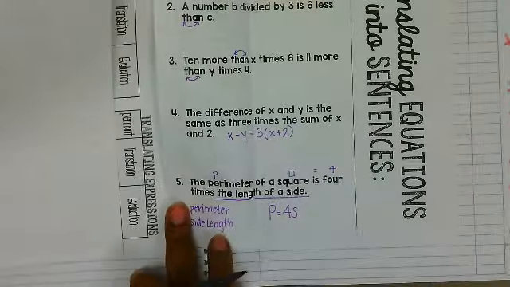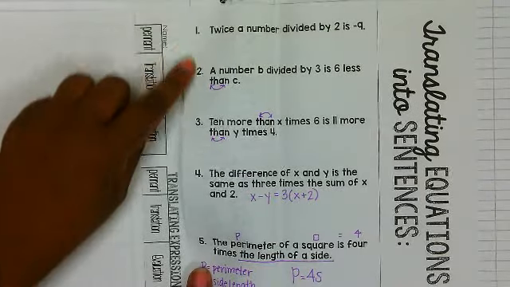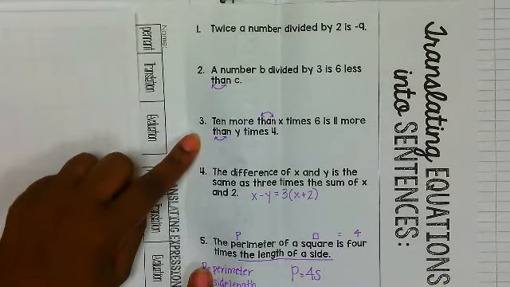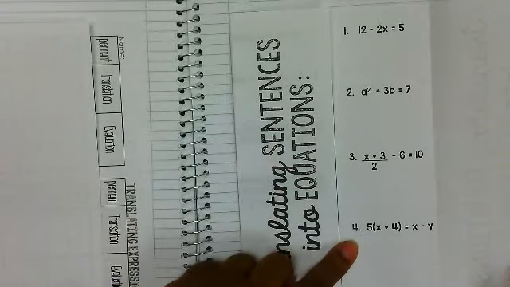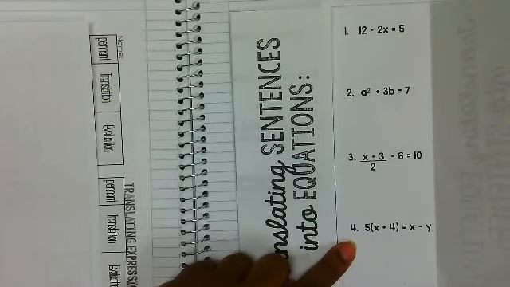Page 34 was the notes from yesterday. You should have completed and had stamped numbers 1, 2, and 3. If you haven't, then you need to make sure you see me when I come back tomorrow. In your homework last night, numbers 1, 2, 3, and 4, and you should have written them in words. I'm going to give you guys a couple minutes to get this all set up, and then